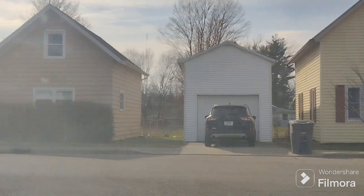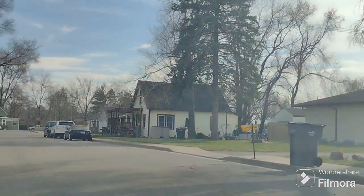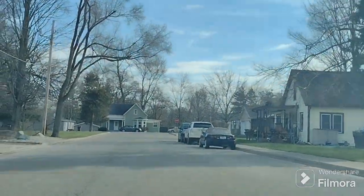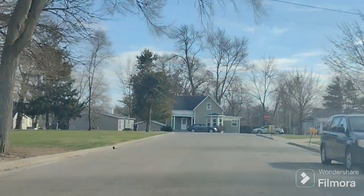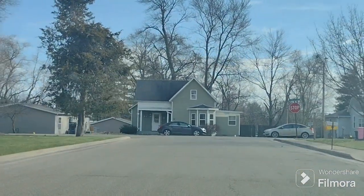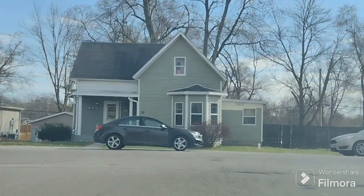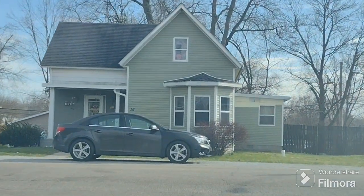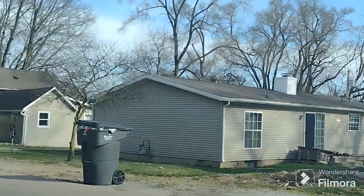So housing prices here are definitely not the cheapest if you're looking to move out here. Now, I would say this would be a good community to reside in. If you're looking for maybe a second summer home, I would say this would be a good community for that. Now, obviously, if you don't mind a little bit of cold weather and some snow, it snows about